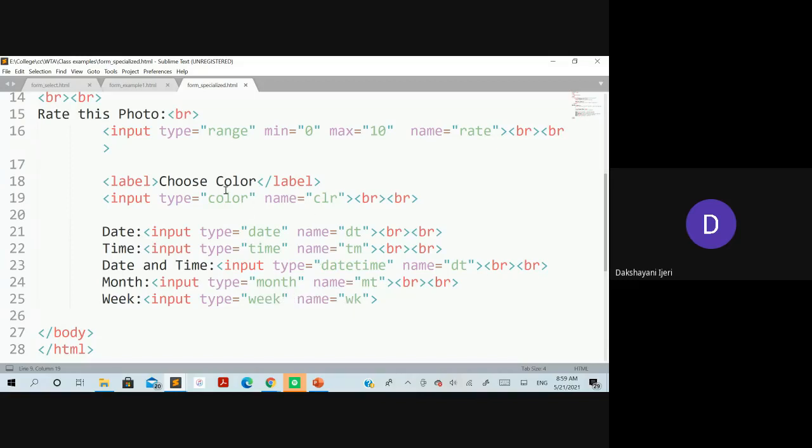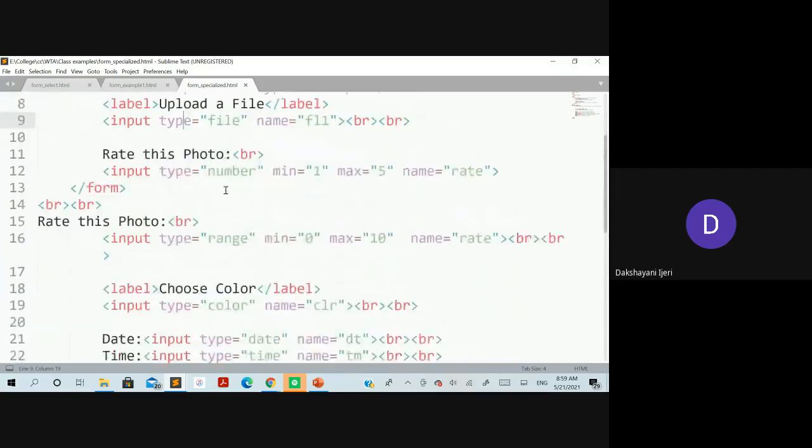So these simple things, whatever I have discussed, I just put in a single web page, and I have shown you how you are able to see all those things. So in the same way, you go on practicing. Whichever elements I have discussed today, it hardly takes 10 minutes of time. You have the book, right? So you know what the format is, what the syntax to be followed is for each element. You just type it and run that program, and you'll get to know how it is used. So try to miss some attributes and you'll get to know what difference it makes.